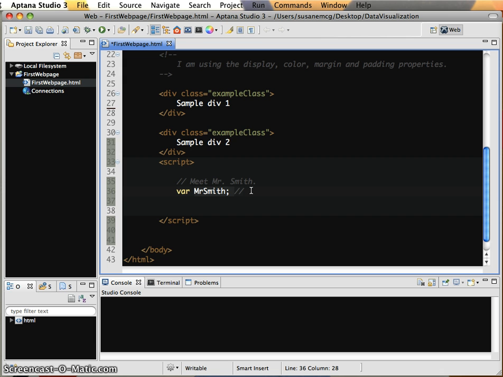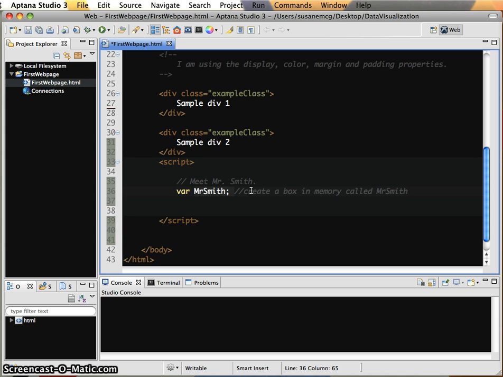I want you to label it with Mr. Smith, which is with the name Mr. Smith, which is basically what we do when somebody says meet Mr. Smith, right? That's a valid sentence. Kind of a cagey way to start a story, but basically what we're saying is, okay, there is a character in this story whose name is Mr. Smith. We don't know anything about him at this point other than his name. So var Mr. Smith. So create a box in memory called